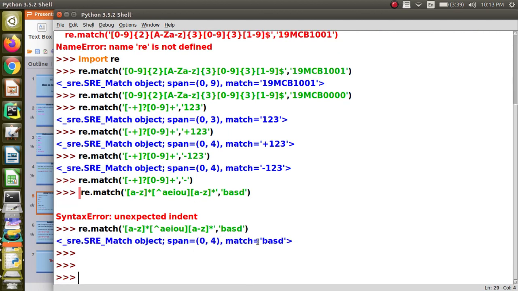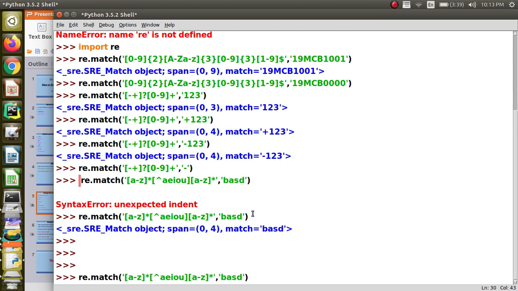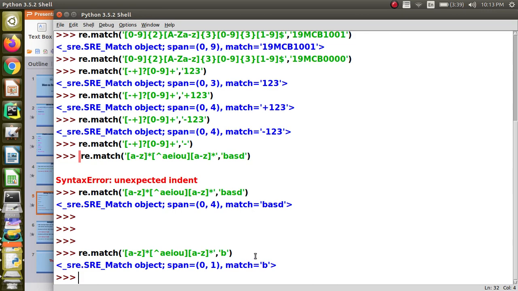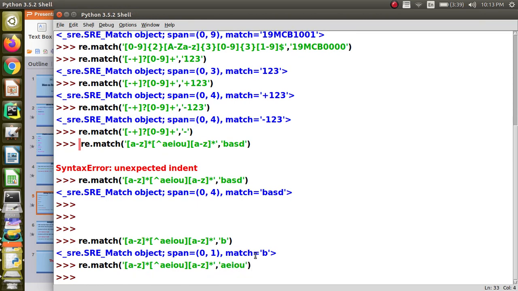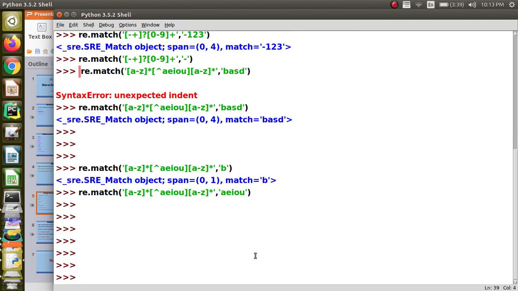Yeah, it works, okay? And I can even give only B, it will work, okay? And if I am giving A, E, I, O, U, you can say whatever you want, full thing I am saying, it will not return anything because there is not even one consonant present in this string.